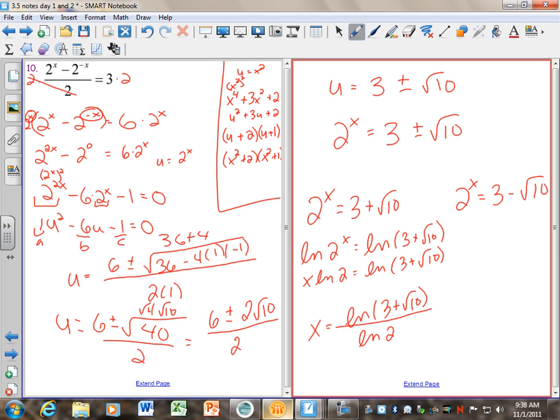Ln of 3 plus the square root of 10. Close the parenthesis. Actually, you need to close two parentheses if you're using my calculator, because you have to close the square root and the ln. Divided by ln of 2. And I got 2.623. On the negative, or minus the square root one,